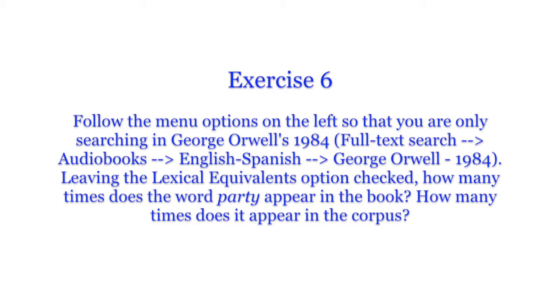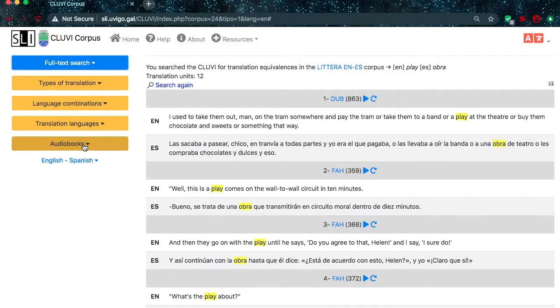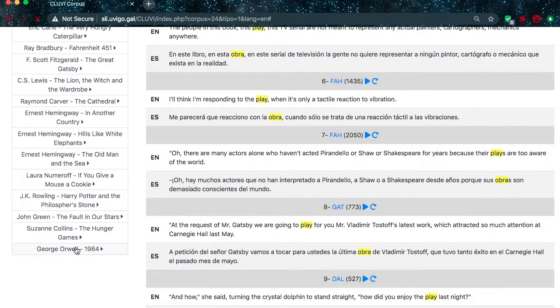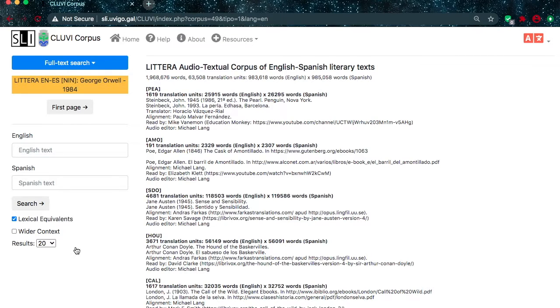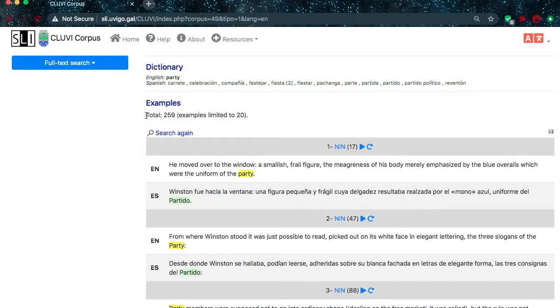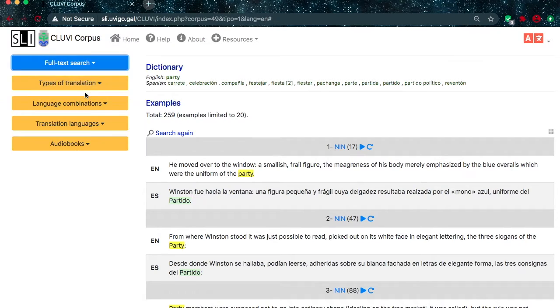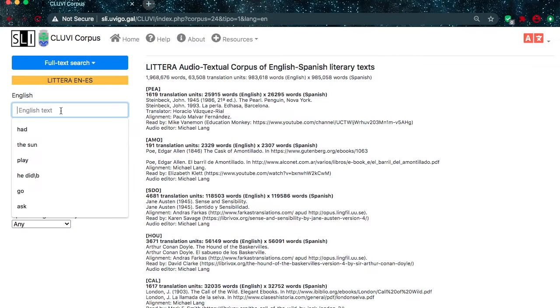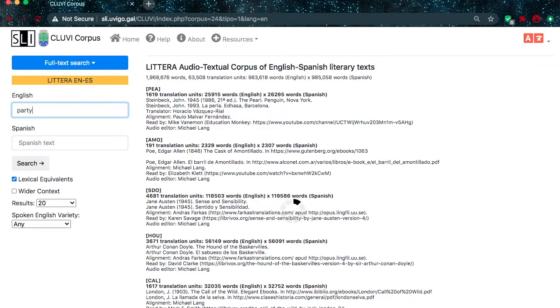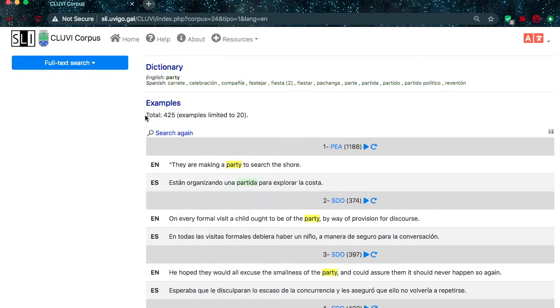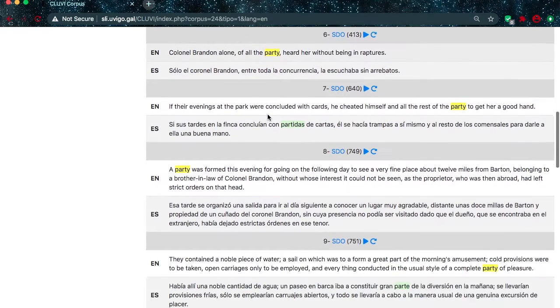Exercise 6. Party appears 259 times in 1984 and 425 times in the corpus as a whole.